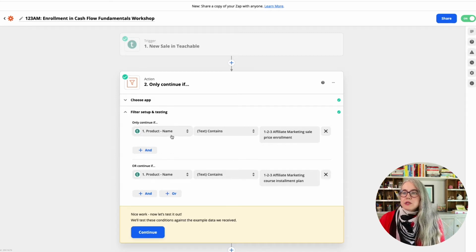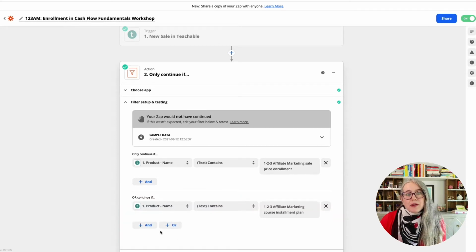And I've set up 2, and you can see that it is or. So you have the option when you do these to ask it to meet both scenarios, which would be and, or either scenario, which would be or. And you can keep putting in options here if you need to, but I've got 2 pricing plans I need to meet, and this filter now is going to filter for that. You hit continue,